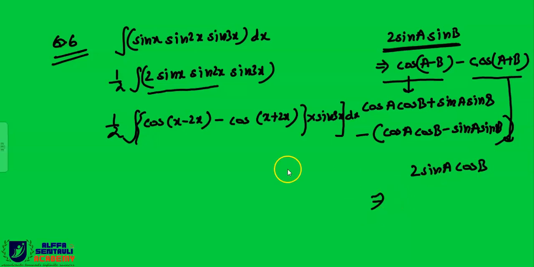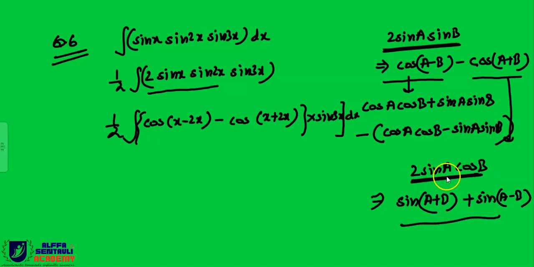That is nothing but, again you have to multiply and divide by 1 by 2. See, in the next step, you have to multiply and divide by 2. Then you have to replace this 2 sin a cos b into this form. What is this form? This can be written as sin a plus b plus sin a minus b. Correct. So when you solve this, you will get exactly this thing. Correct? So this is also a two-step process.